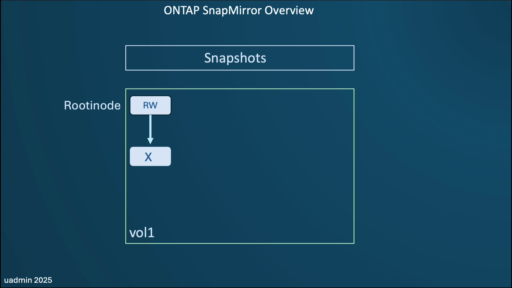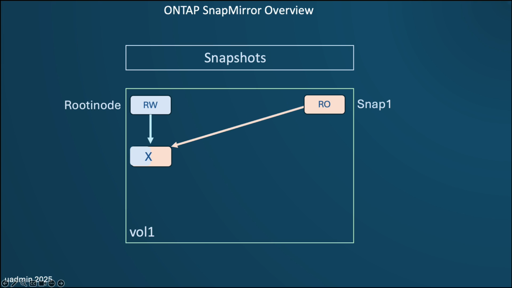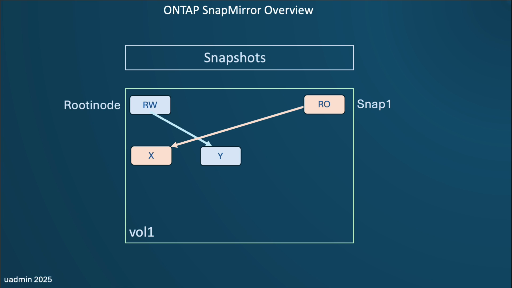For ease of discussion, I have left out all of the in-between blocks and pointers because for the purpose of this overview, we're only interested in the root inode and the data block. Now, a snapshot is nothing more than a read-only copy of the root inode. So when you create a snapshot, the root inode of the volume is copied to the snapshot directory in the same volume. And when the active file system receives new data or existing data is modified by the client, the data will always be written to new blocks, so the snapshotted blocks will never be modified or freed until the